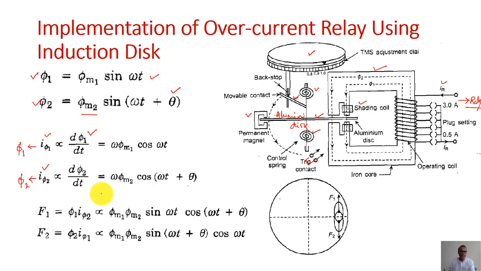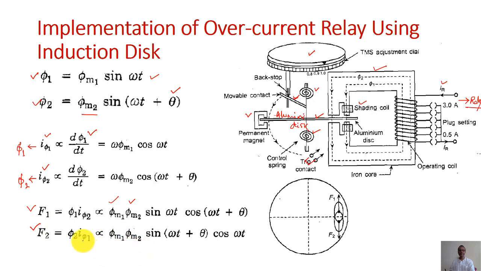Now we know the force produced on the aluminum disc is because of the interaction of the flux and the current. So by the interaction of the flux phi 1 and I phi 2, F1 will be directly proportional to phi m1 phi m2 sine of omega t cos of omega t plus theta. And similarly F2 will be equal to phi 2